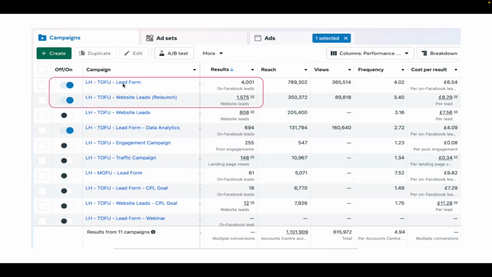Now, often what happens is that these native lead form leads are a bit cheaper. In this case, they do seem to be a bit cheaper here, not much, but a little bit cheaper, but they aren't always the best quality. Often people that have come through to the landing page would be more qualified because they've had the chance to review more information beforehand. In this case, we're still testing this out,